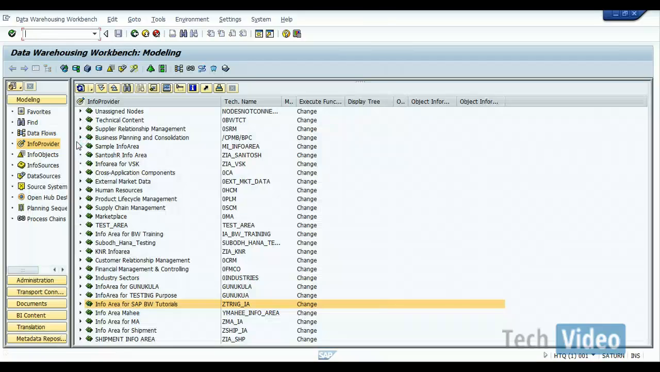So we'll get the modeling screen. Under modeling, click on Info Provider. Then we'll get our info area, under which we are going to create an SPO. So right click on the info area,